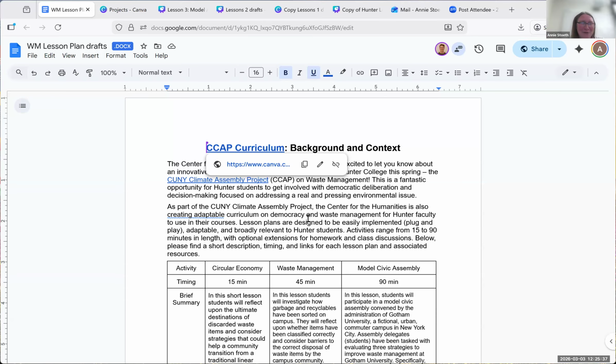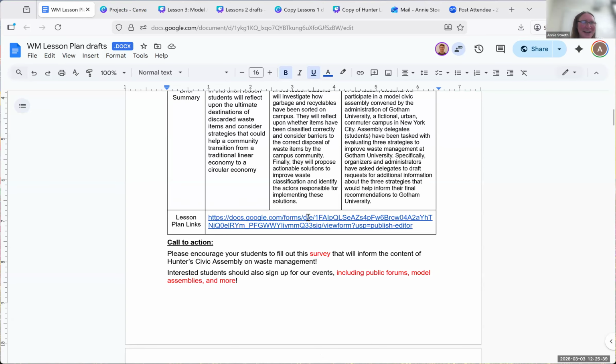This is not to put anybody off. The lesson plans are going to be found behind a short Google survey to track who is using the lesson plans and have a way to contact them in the future. It's really not meant to be a barrier. And I've been fighting with my team every time they try to add additional questions to this questionnaire. I'm like, no, let's keep it really, really simple. We don't want to scare people away from using these resources. So as it's written now, it only asks for your name, your email, and which of the 3 lesson plans you're planning to use. And there's an option for I don't know yet.